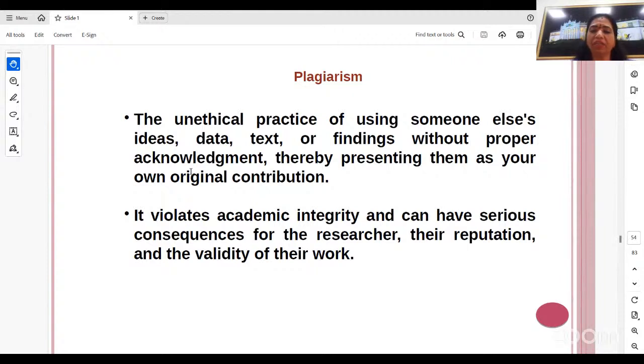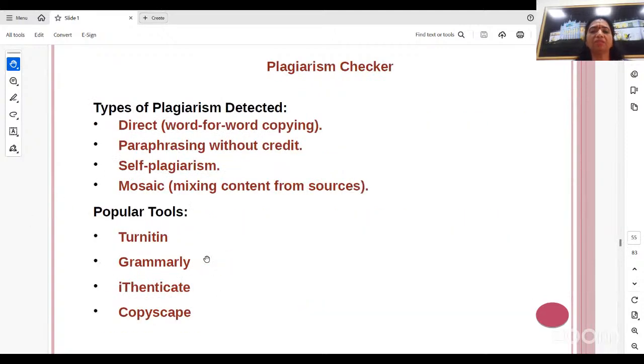It violates academic integrity and can have serious consequences, because these days people are not taking papers which have a similarity index greater than 20%. So that is a limit, and it's very difficult because we are going to refer to the literature. So we cannot avoid the similarity, but we have to refine our writing so that we can reduce the similarity